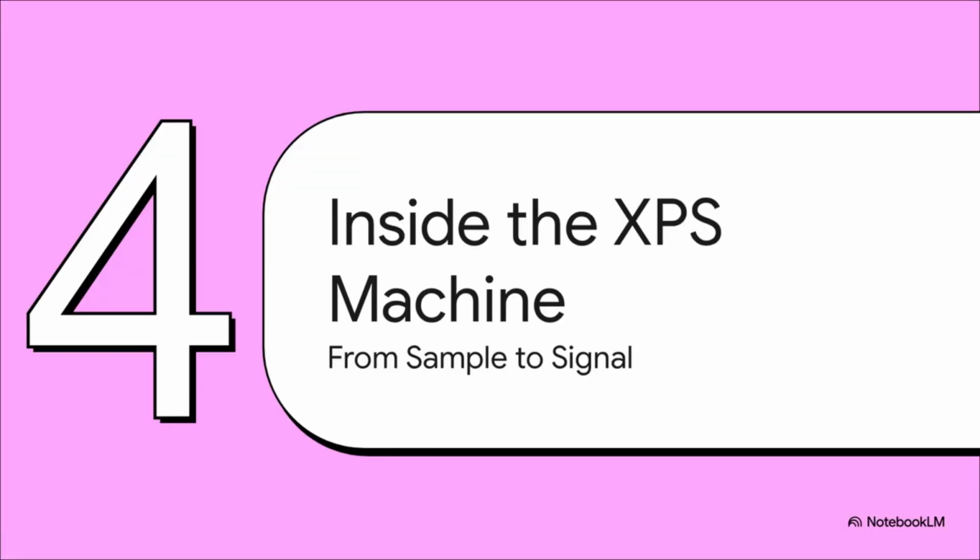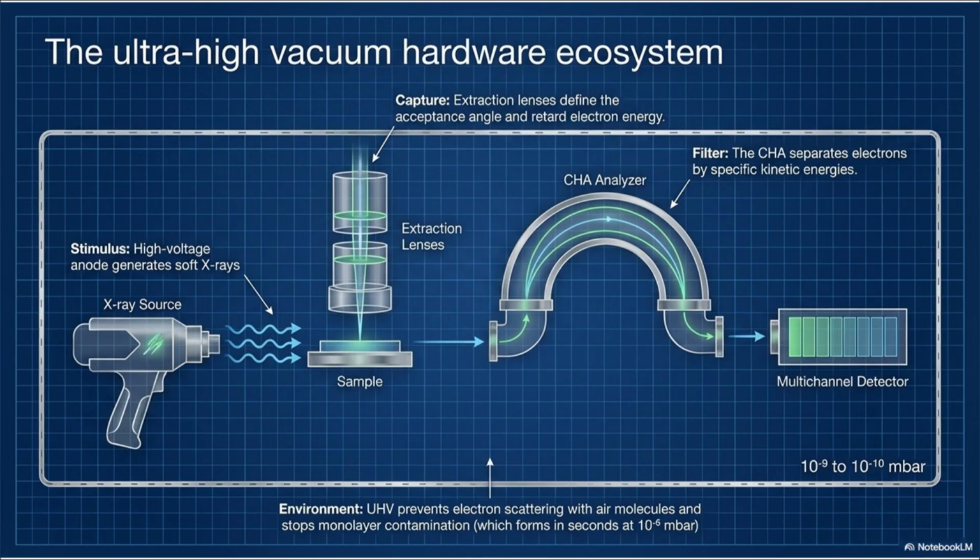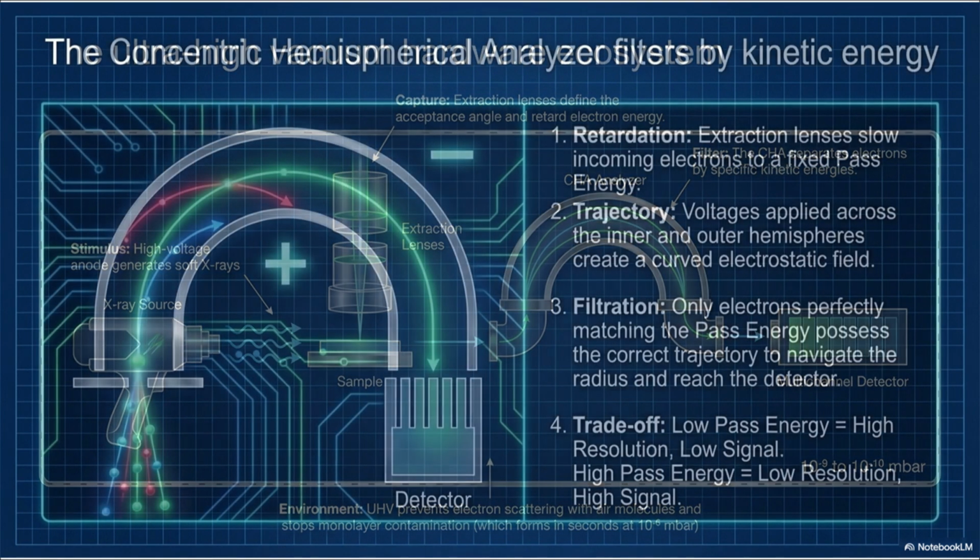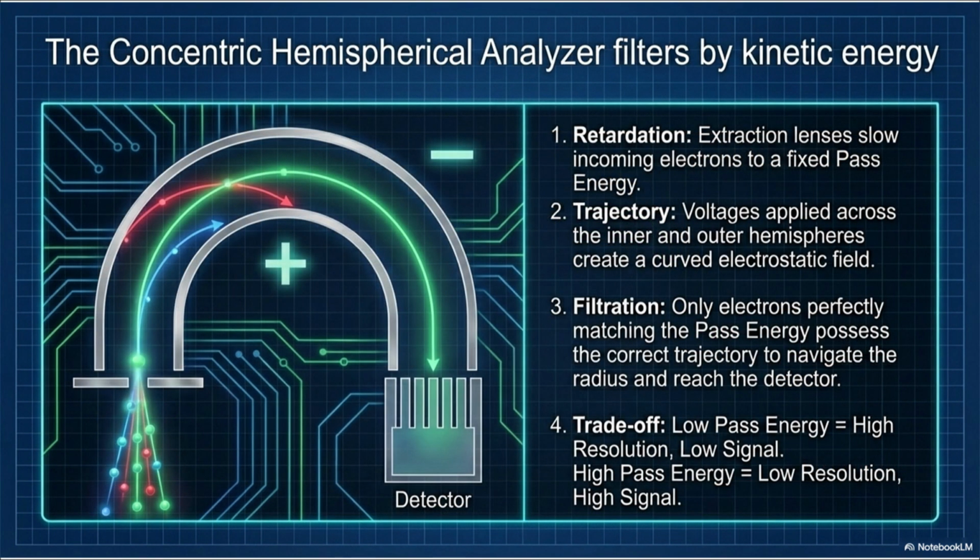Okay, so we've got the physics down. Now let's pull back the curtain and take a quick look inside the actual machine that makes all this magic happen. So let's do a quick walkthrough. First, you've got your X-ray source, which blasts the sample. That causes electrons to get kicked out. Right away, a series of electron lenses grab those electrons and focus them into a beam. That beam is then shot into the heart of the machine, something called a hemispherical analyzer. The easiest way to think of it is like a prism, but for electrons. It sorts them out based on their energy, and then a super-sensitive detector at the other end just counts them